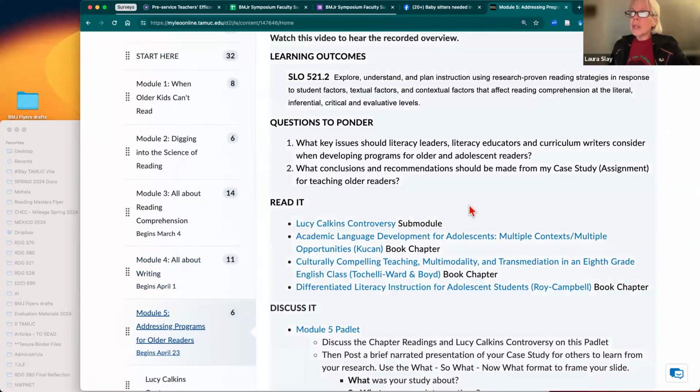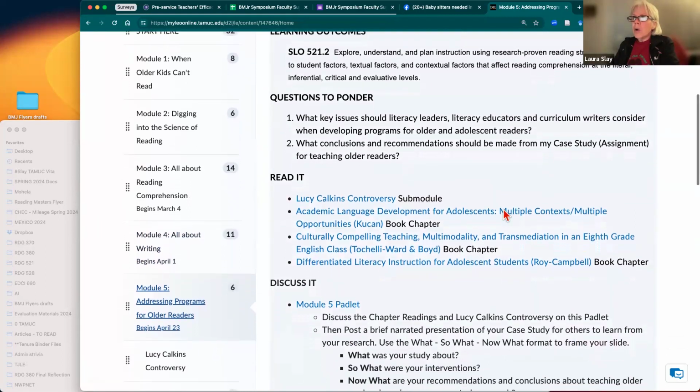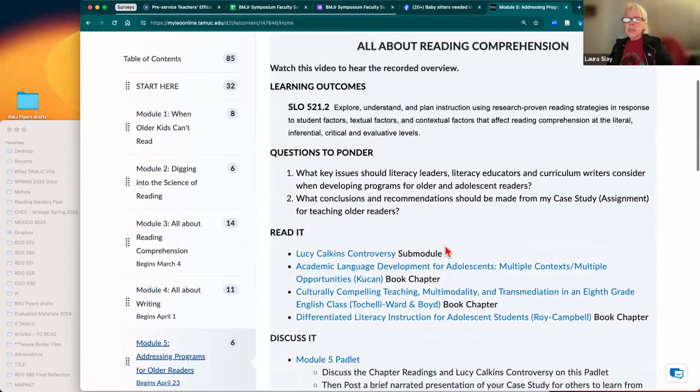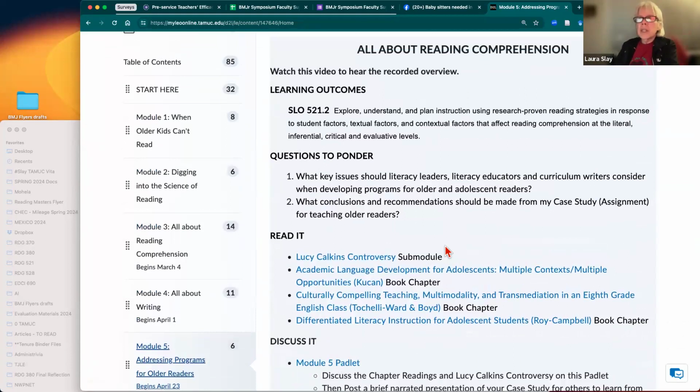We are still looking at some curriculum, very much so when we look at the Lucy Calkins controversy, and also 3 different areas that I think are very important coming from our book on best practices in adolescent literacy instruction. So let's start at the top as I try to explain to you what it is that you will be